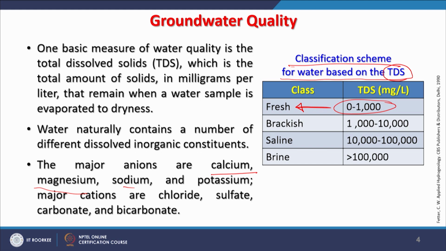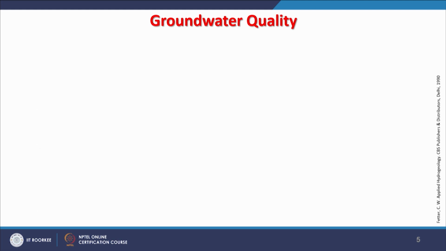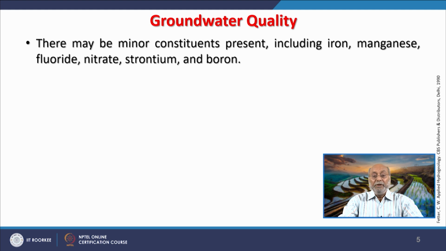Why calcium? Because the water is coming through calcium rich rocks. So, that is getting dissolved and it is coming in our water system. Similarly, magnesium, sodium, potassium and other things are there. There may be minor constituents also apart from calcium and magnesium, like iron, manganese,